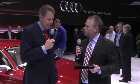I see there's carbon fiber on this grille. Is that something more for the show stand, or is that something we might see in production? Definitely, you will see it in production. Maybe not with the basic version of the A3, but we continuously develop the carbon pieces also in our RS models. So what you will see during the year now with the S6, the S7 and the S8,